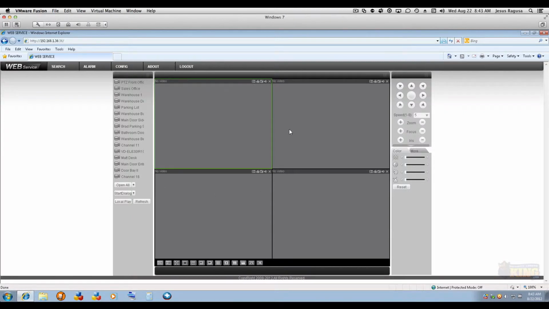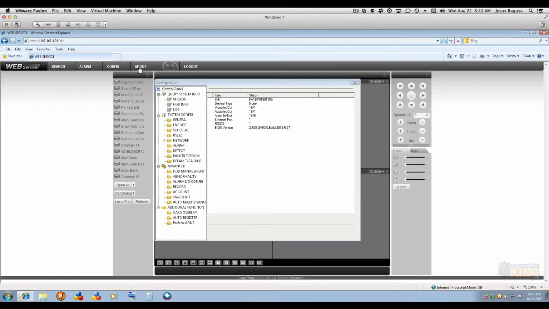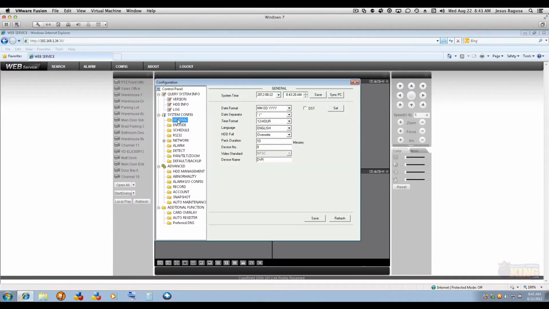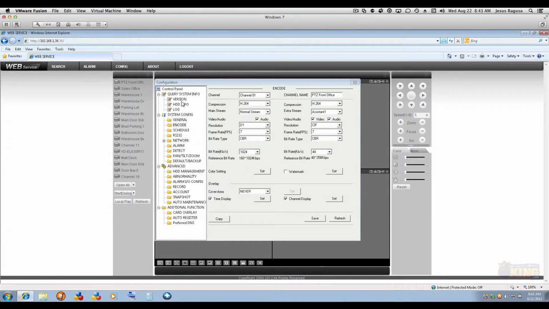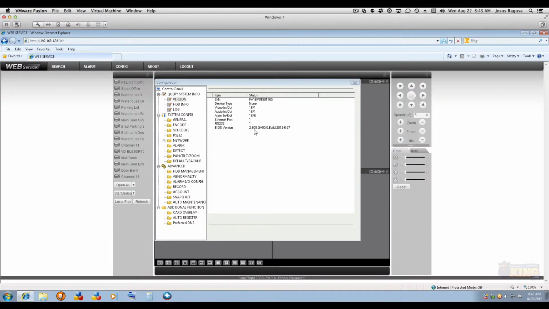All right. Here's the main interface. You see no cameras are open. It looks exactly the same, but there are certain configurations that have been changed. So for you to see that, you have to go to config. And in here, you will see this configuration looks exactly the same. Now, but look at the version. It's 2.608